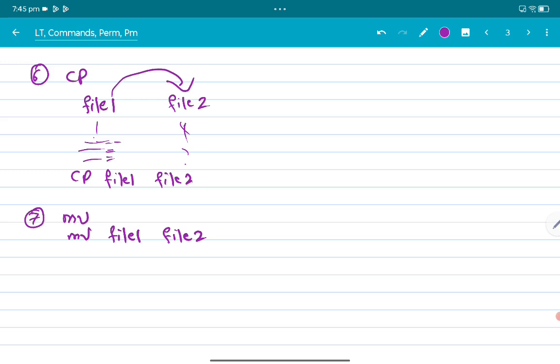So here you can mention, let's say you want to move one file to one particular folder, under that folder, right? So this file 1 will be moved under this folder. Okay,